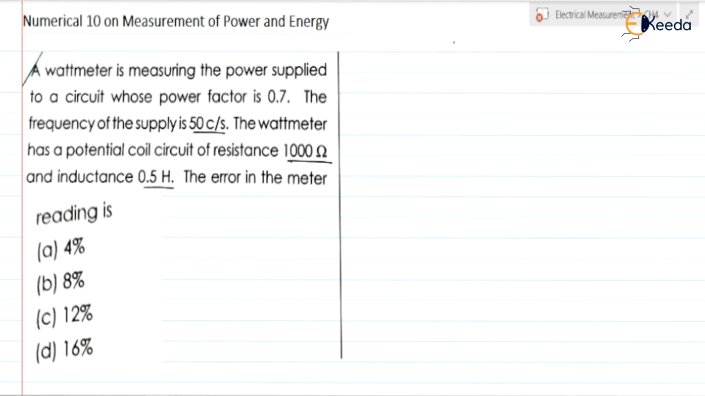We have derived the expression for percent error in the last chapter. Percent error is equal to tan phi into tan beta, into 100. This we have derived. Now for this we require phi and beta. So first, can we find beta? We know it is tan inverse of